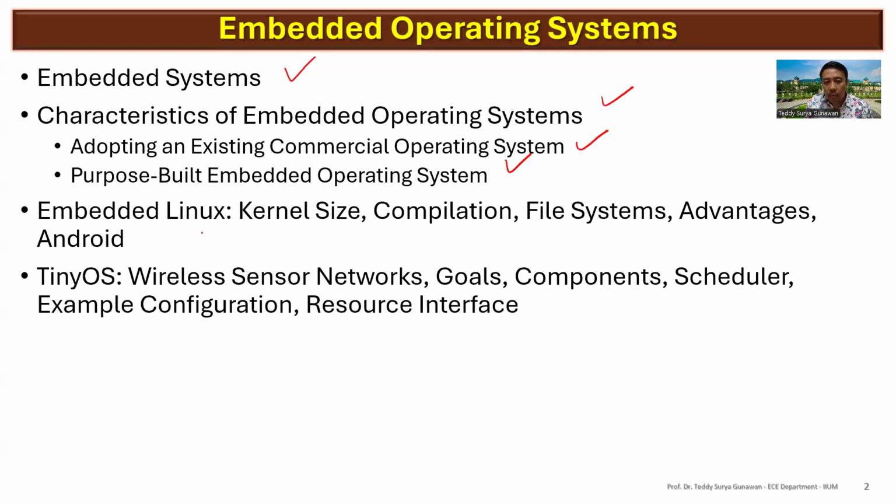The next topic is on embedded Linux. The kernel size, of course, will be smaller, and then how to compile the file system specific for embedded systems, the advantages, and Android, which is one example of embedded Linux. We move on also to TinyOS, which is normally used in wireless sensor networks. Let's discuss the goals, the components, the scheduler, the example configuration using the graph and the program, and the resource